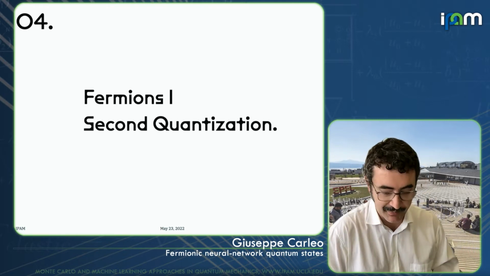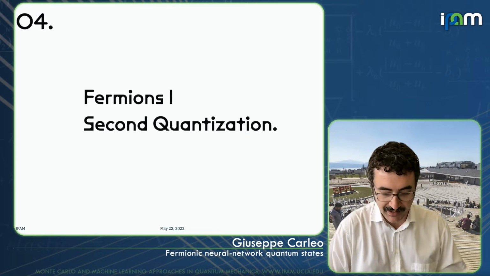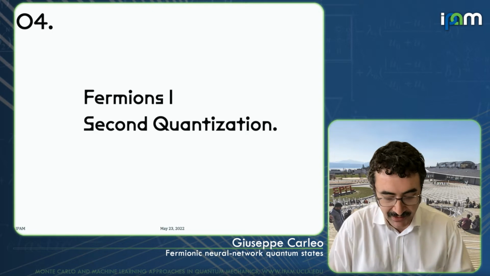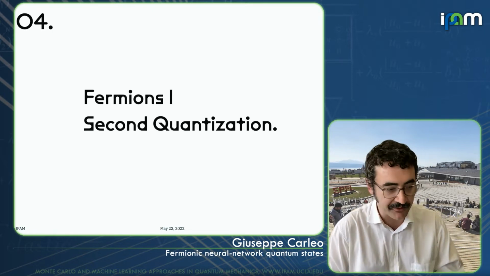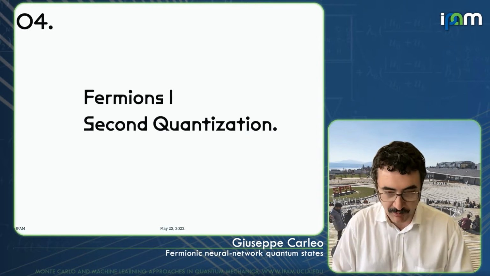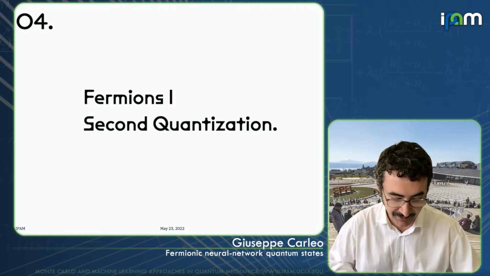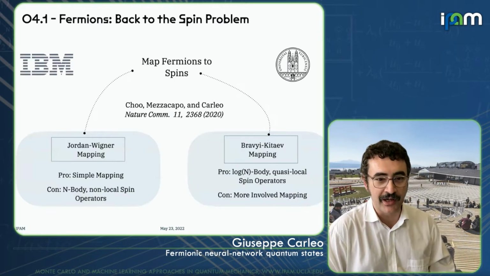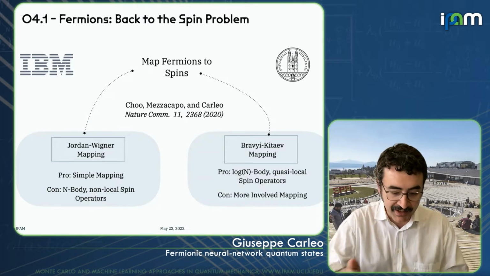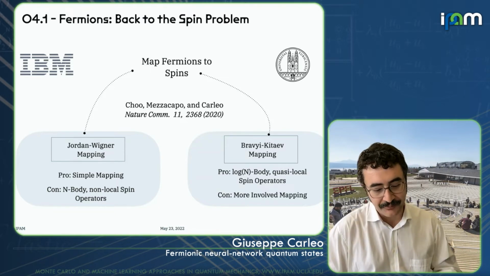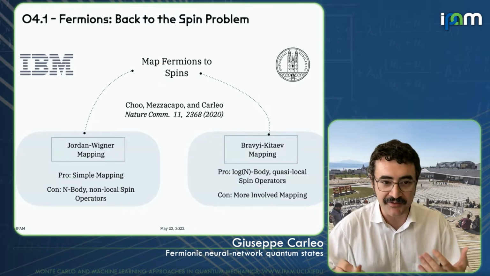And you've already seen the talk by Brian, for example, that told you about some of the progress in that field. So there are many different ways of doing fermions with neural networks. I will tell you the first one, which is just in chronological order, the first that we introduced in this business, essentially. What we did was to map fermions onto spins.